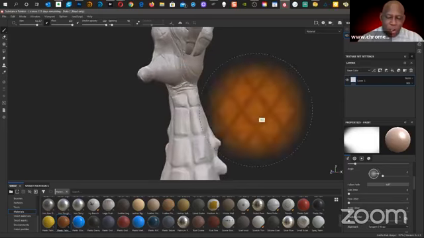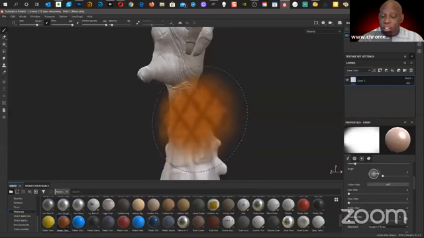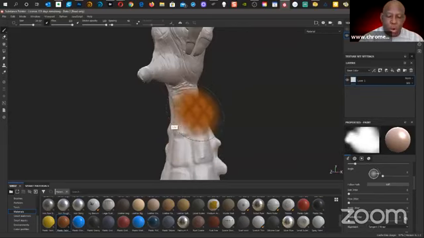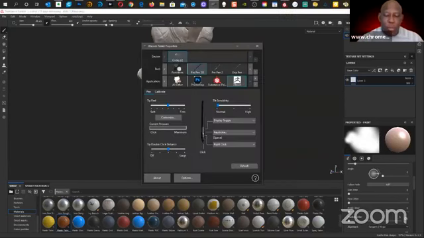I'm going to get in closer here. And now in Substance Painter, the shortcut for making your brush bigger and smaller is Control right click. I'm using two fingers for that. Don't want to do that. So I go into the WACOM properties.